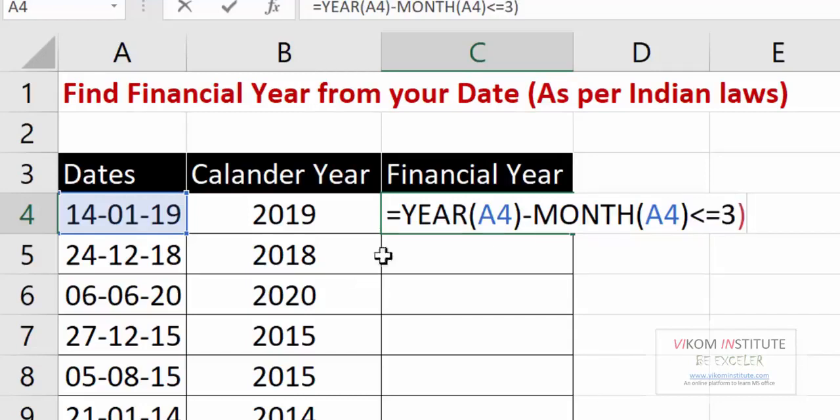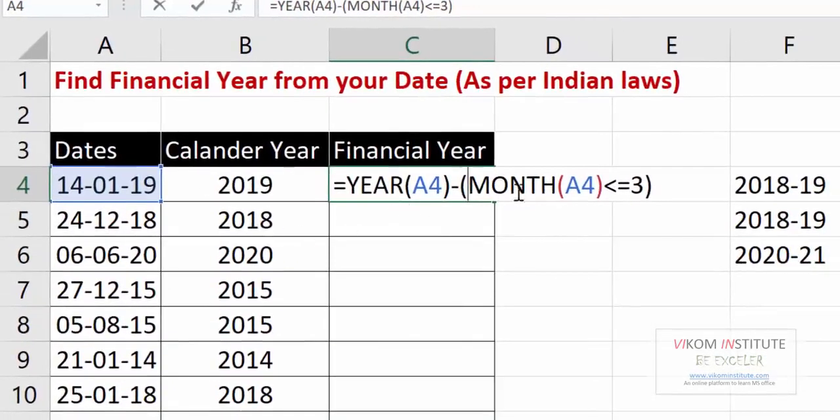If the answer is true, then it is going to reduce 1 from my calendar year. If it is not true, then our first financial year would be the same as our calendar year. So this is the first argument.